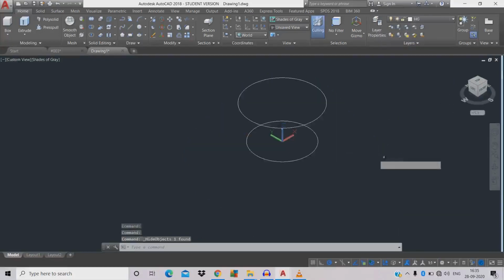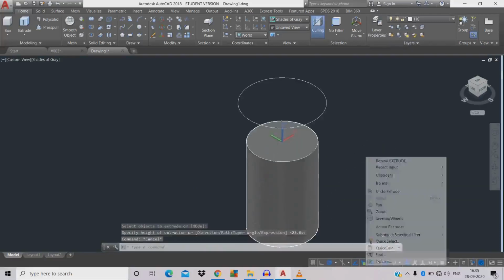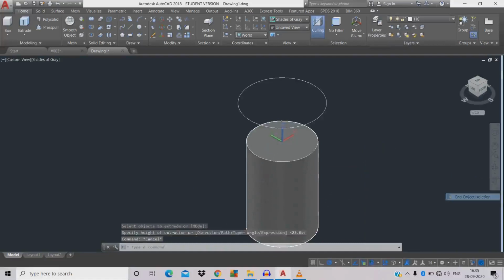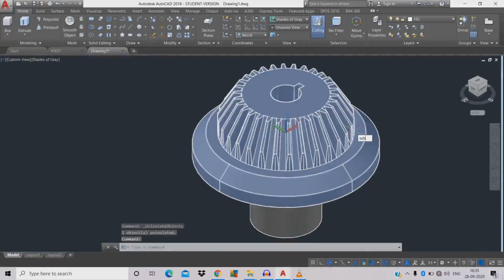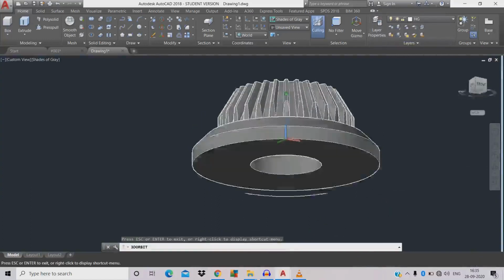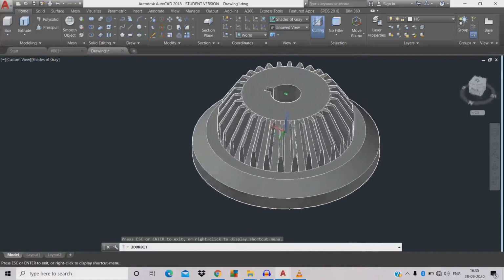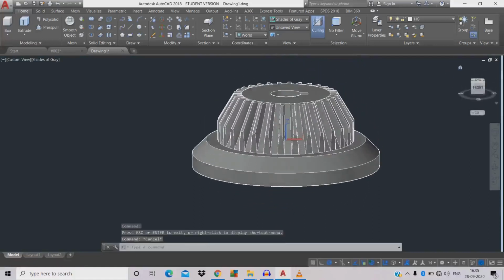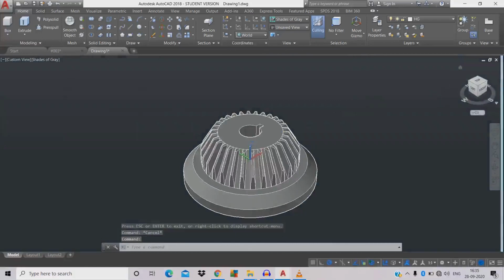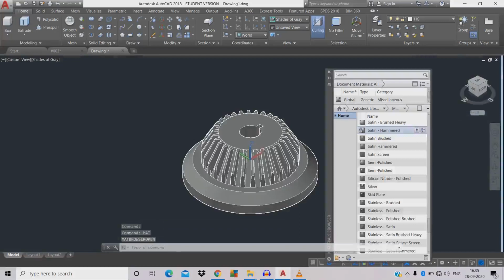Then we're going to do extrusion, click the object, pull it down towards. Then we're going to unhide the object. Now we're going to use subtract, SUB, space, just click the bottom area, space, just click the orbit, just left click and use it to see our 3D helical gear.